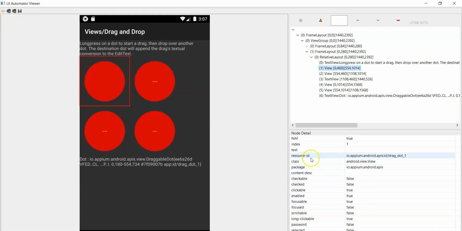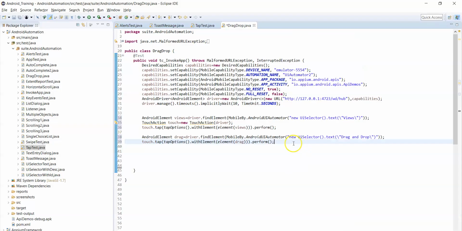You can see that there is no text attribute value or content desc value, and only a resource ID value is available here. You can check whether the resource ID value is unique or duplicate. Drag_dot_3, drag_dot_1. So the resource ID value is unique, so you can use the resource ID value.